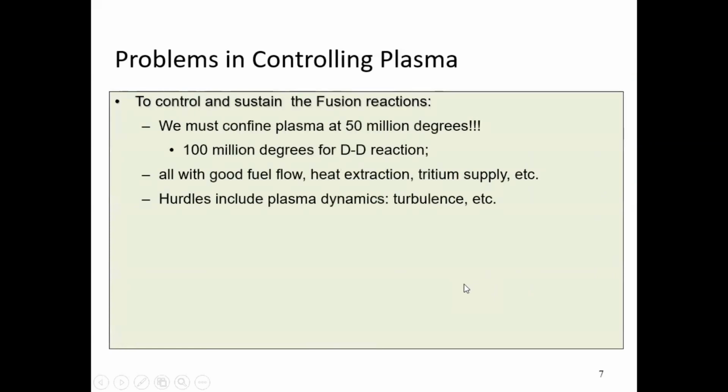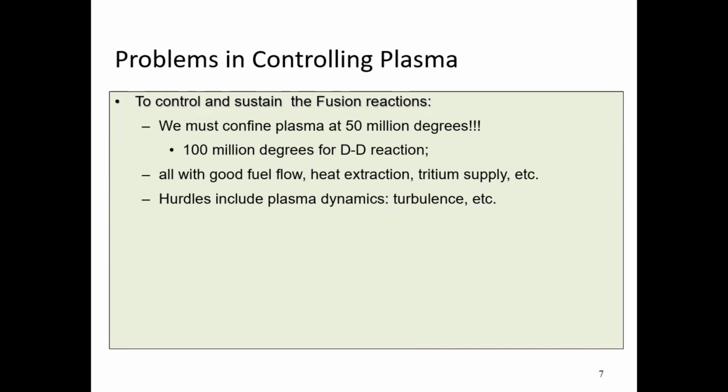There are several problems with controlling plasma so as to sustain fusion reactions. Plasma does pose a problem. We must confine plasma at 100 to 150 million degrees, 100 million degrees for the DD reaction, and for other reactions we will show. All with good fuel flow, heat extraction, tritium supply, and many other things